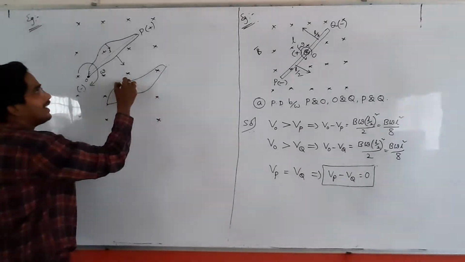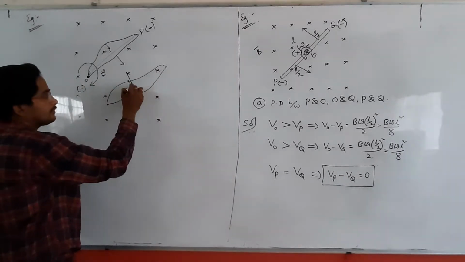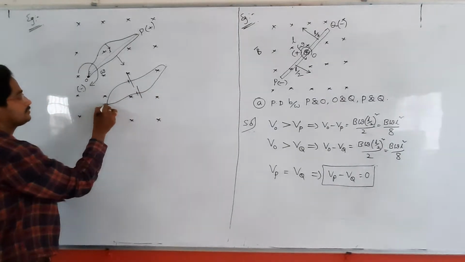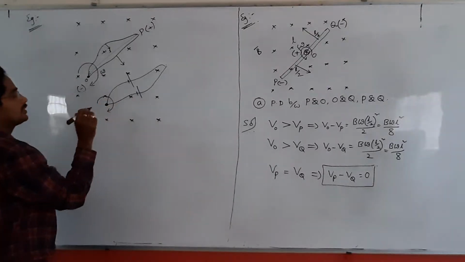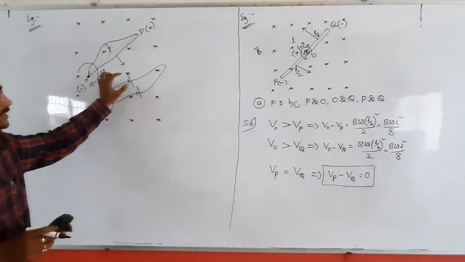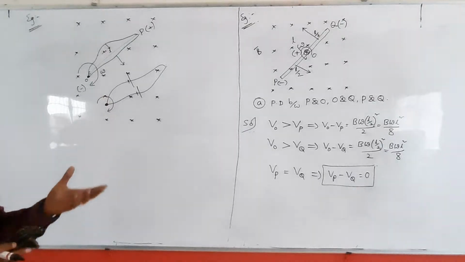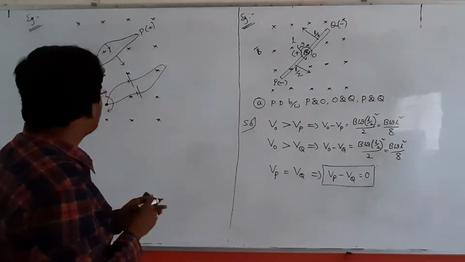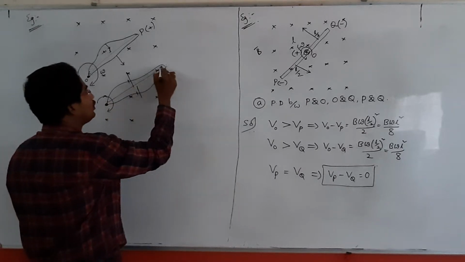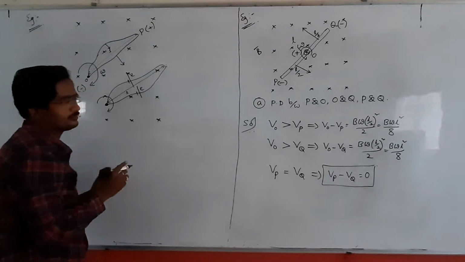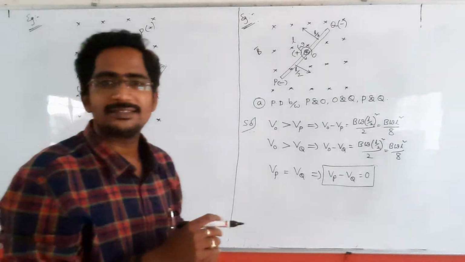This wire acts as a battery, with symbols like this. Then you have to tell me: are the two cells in the same direction or in opposite direction here? Opposite direction. The net effective length is the same for both, so the induced EMF value will be the same.